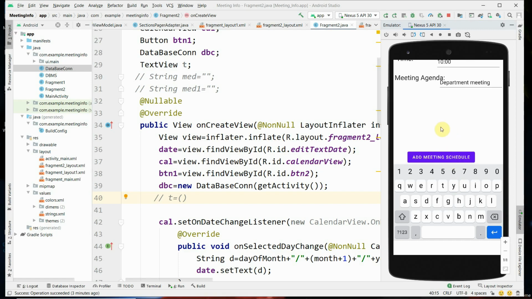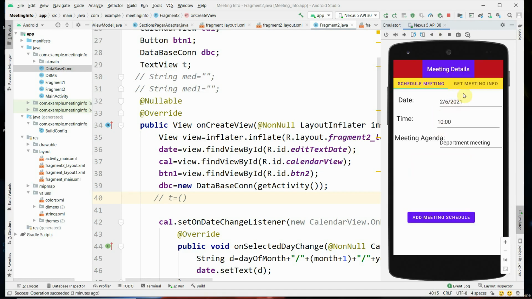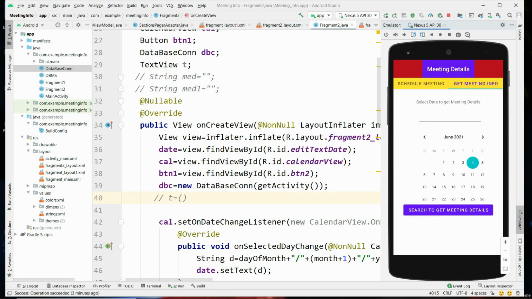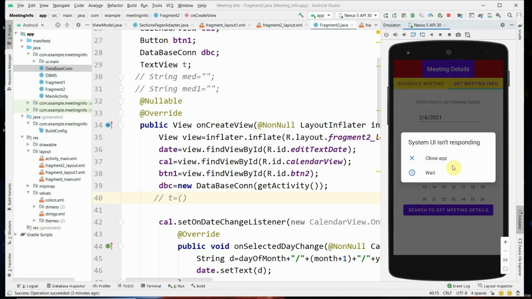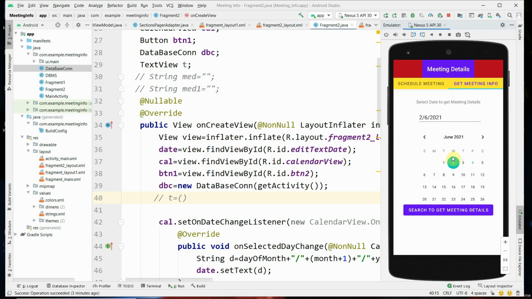And when you select get meeting information, it allows you to select a date from the calendar, and if there is a problem it shows a message box.